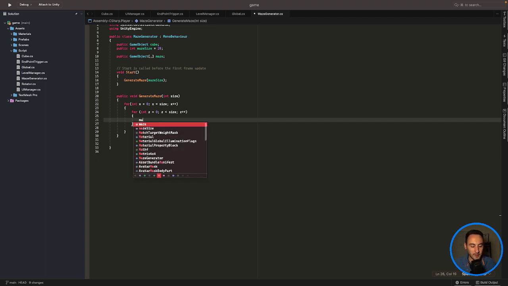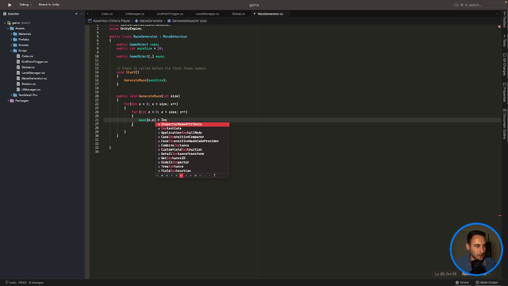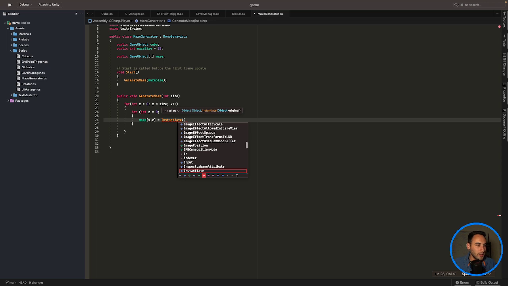So let's say maze, and we'll put x and z because that's where we want it to be. And that is going to be equal to instantiate. This is where we're going to need our cube. So let's go cube prefab. And then we want to instantiate it at a new